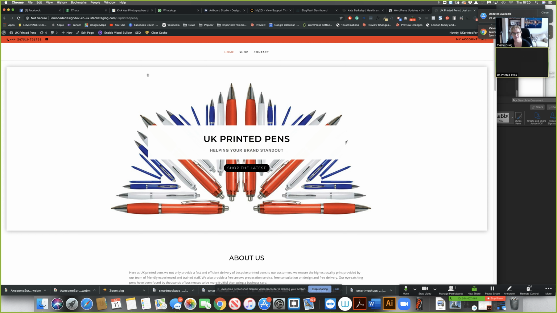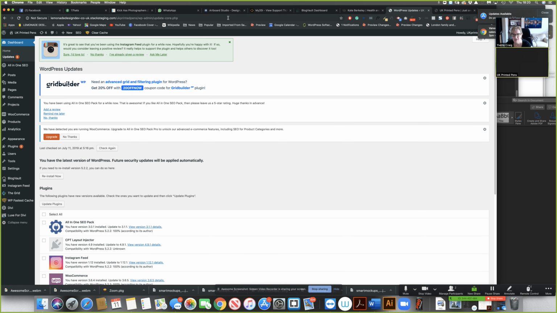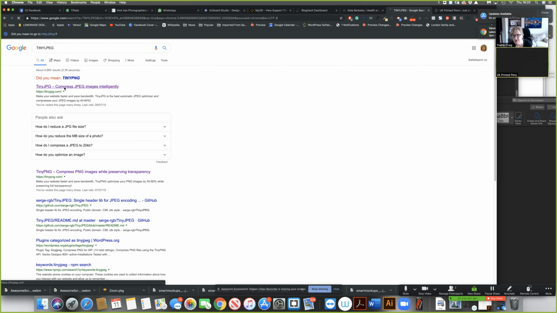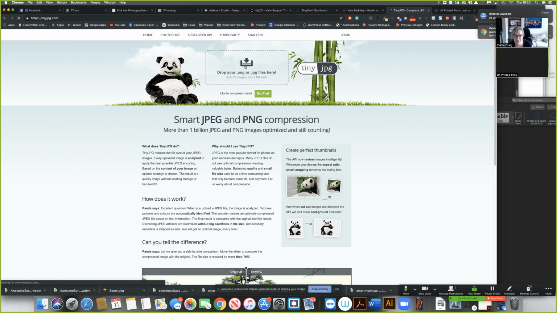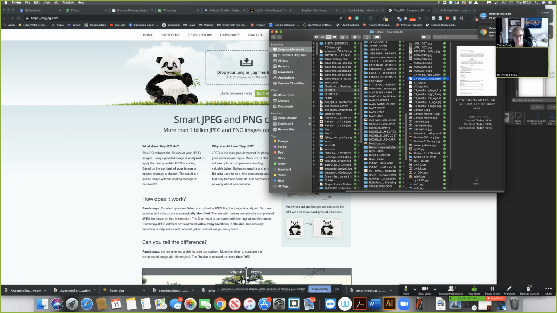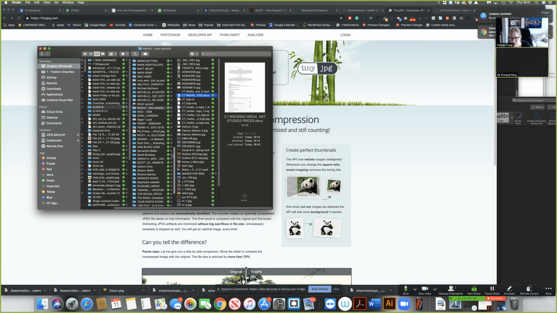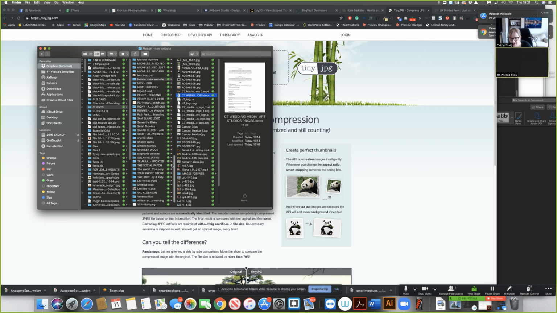If you are not able to resize your images, go to this here, go to Tiny JPEG, and just throw the images onto here. It will compress them. All right, brilliant. So literally, I mean, it's not going to be perfect, but it'll probably be okay unless you've got great Photoshop skills, and then I'm more than happy to tell you what size they need to be. But if not, then